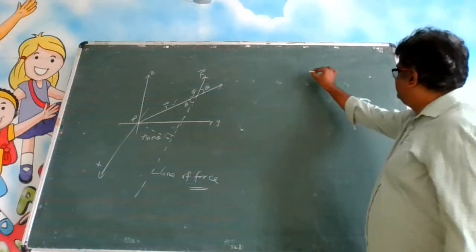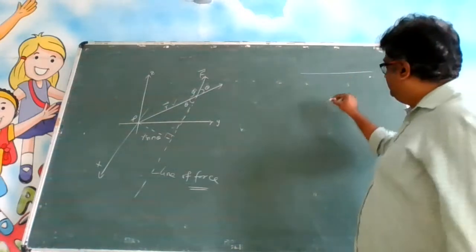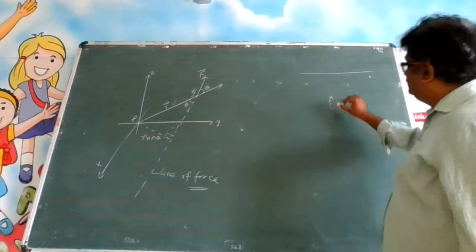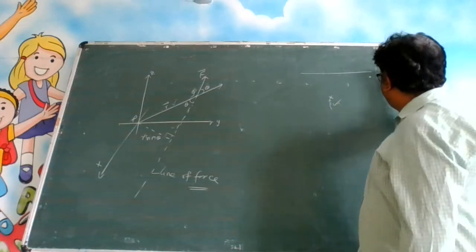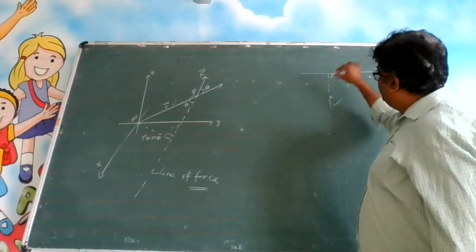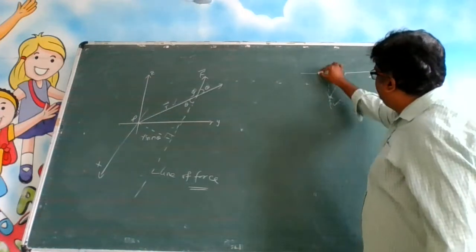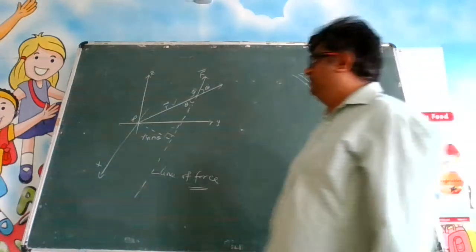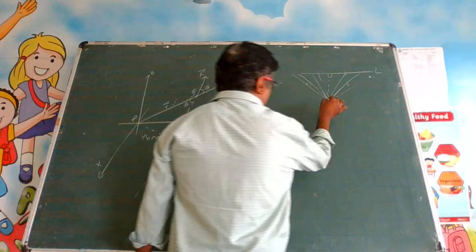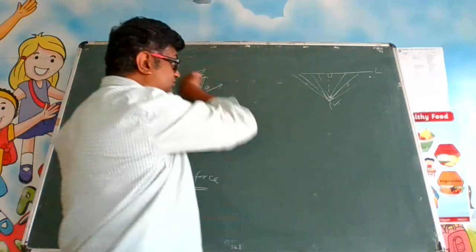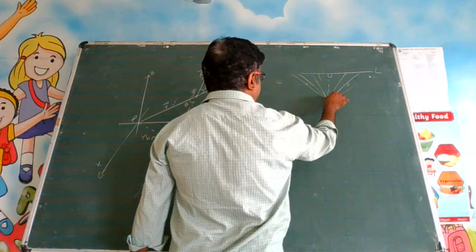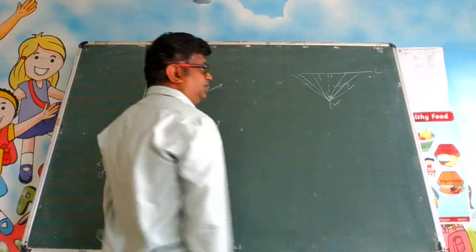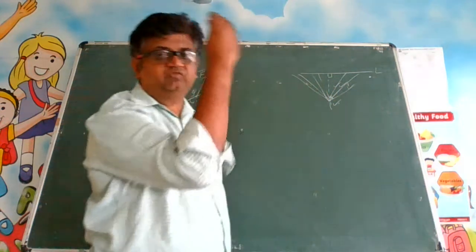Suppose there is a line L like this, and you have taken a point P. If I ask you what is the minimum distance from point P to this line L, it has to be the perpendicular distance, because infinite distances are possible. But what is the definition? You have to take the point P and find the minimum distance. Let us say this minimum distance is 5 centimeters. Obviously the others will be more: some 6, some 7, some 8. If I take some other distance, there are numerous possibilities.